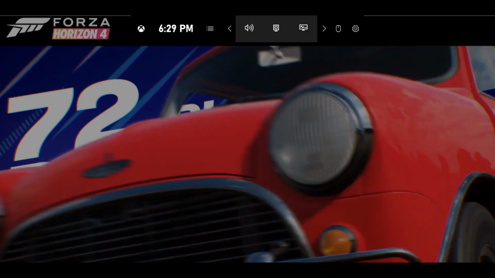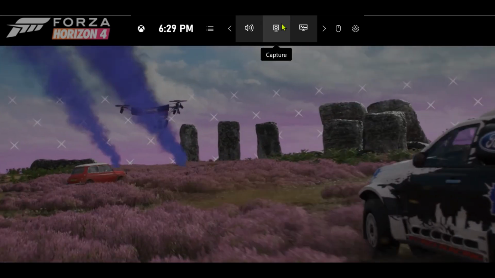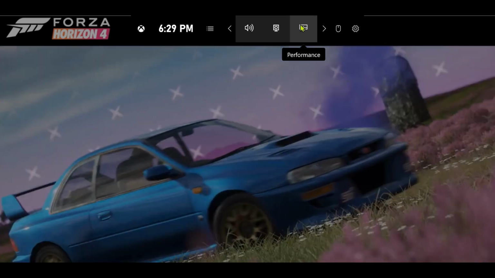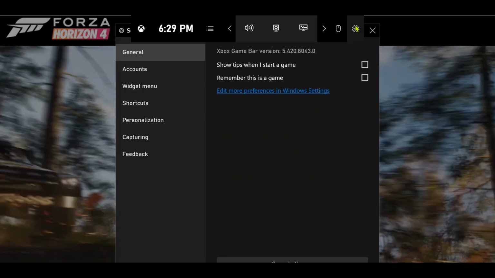This tip will definitely help those who love to play games on their PC or laptop. If you are using any sort of third-party apps or software to screen record your videos while playing games, then you have never heard of Windows Game Bar. If you press the Windows plus G key on your Windows 10 PC, this will open up a game bar where you can screen record your games. Also, you can capture snippets, and you can open the Xbox chat list where you can chat with your friends online.